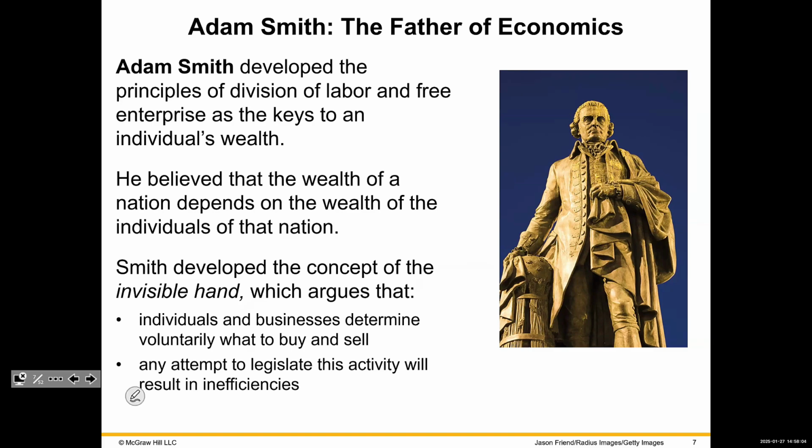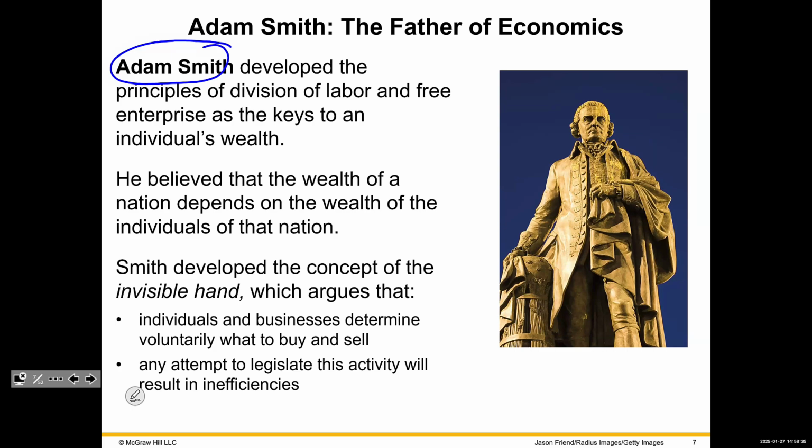So Adam Smith is another person, right? And he actually divided labor into free enterprise as well as individual. And this is where we have nowadays some schools of thought that think that you should redistribute wealth. How do we feel about that? Why should we take all of Elon Musk's money and give it to everybody? Or why should we not do that? Or why should we do that? That's redistribution of wealth.